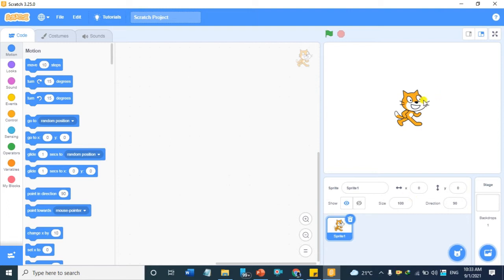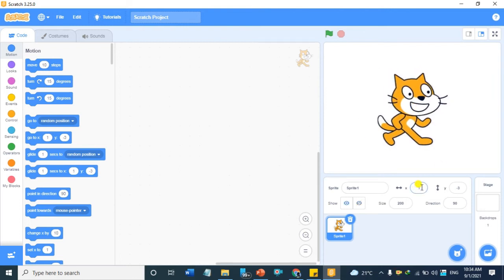So dear student, this is the default sprite, and we can increase or decrease the size of the sprite. Its default size is 100. If we increase the number, like if we write 200, let's see what happens. The sprite size increases. We can also set the position by holding the sprite and dragging it from left to right.